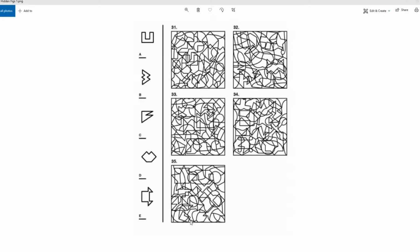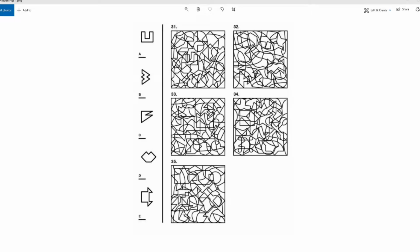But again, this is not what it's actually going to look like on the test. It's something similar, same idea, where there's a splotching of lines on a picture, and there's a certain figure that you had to find inside of that picture, and you just have to look for it. And again, there's a time limit to these. You have to do 50 of them in, I believe it is 5 minutes, but I'll double check on that. Again, not a lot of time to do quite a few questions, and these ones are significantly harder than